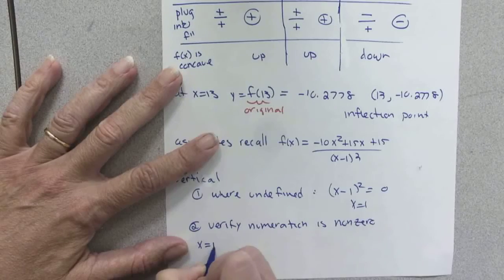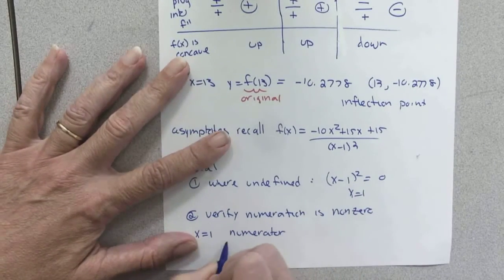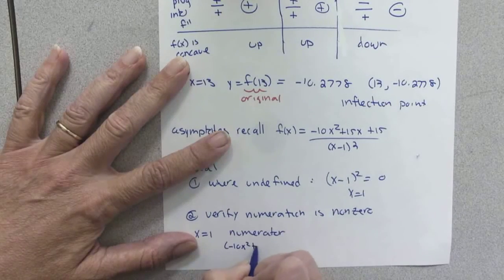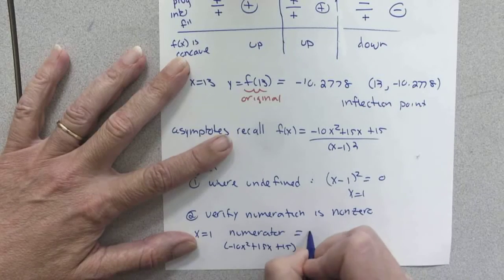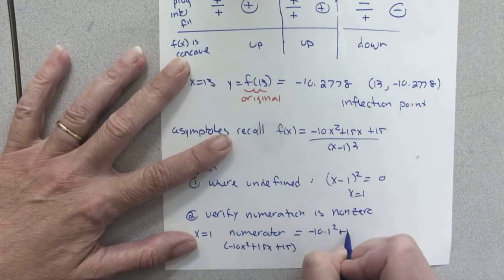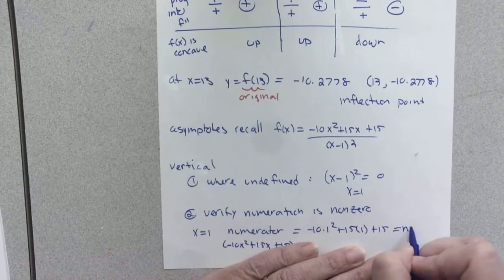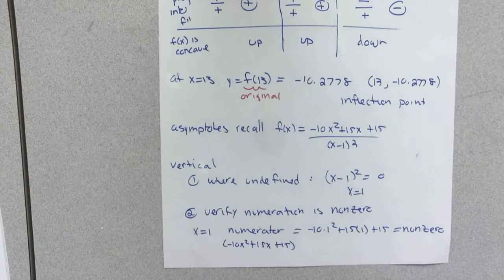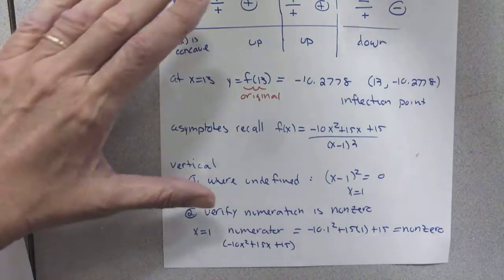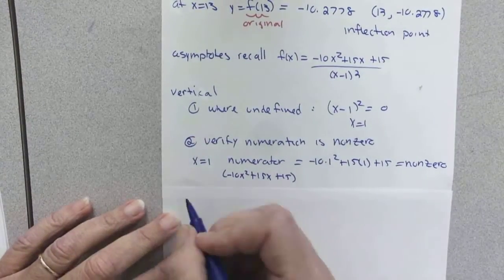And so if x equals 1, my numerator, which was negative 10x squared plus 15x plus 15, equals negative 10 times 1 squared plus 15 times 1 plus 15, which happens to be 20. But all I care about is it's non-zero. That's all I care about. I don't care what the actual number is. And so that tells me we have a vertical asymptote